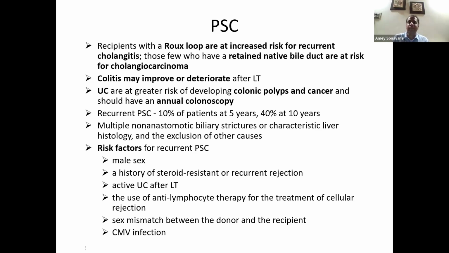If at all we keep some native bile duct back, there is a very high risk that these patients may develop cholangiocarcinoma, and hence we do an HJ as a preemptive step in patients who have PSC who undergo liver transplantation. Ulcerative colitis is associated with PSC, and we all know that colitis may improve or deteriorate post-transplantation, and we must screen these patients with an annual colonoscopy to pick up colorectal cancers early, especially if these patients have ulcerative colitis. And we all know that 90% of patients with PSC have an associated ulcerative colitis,